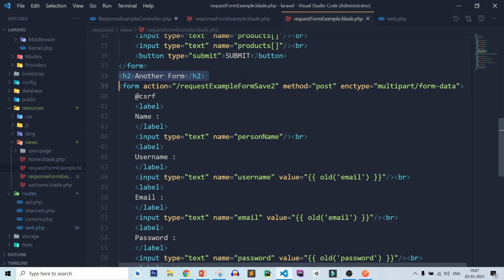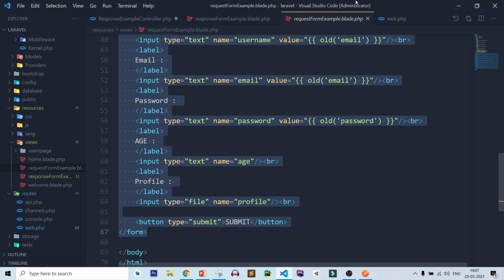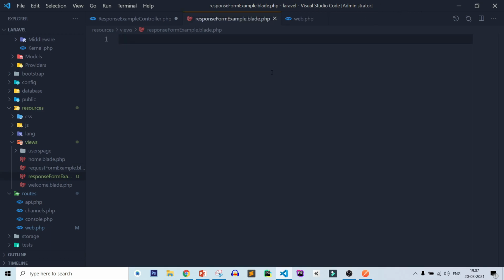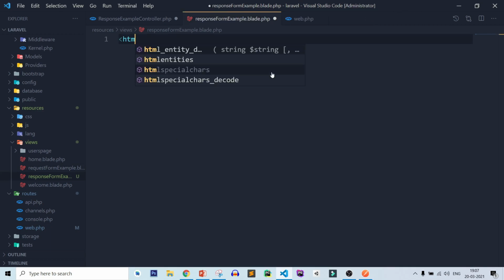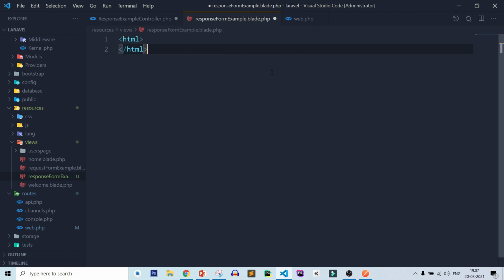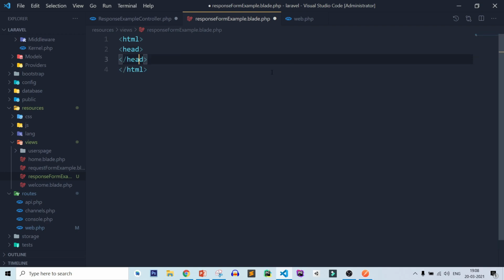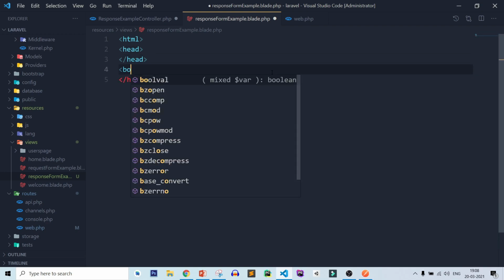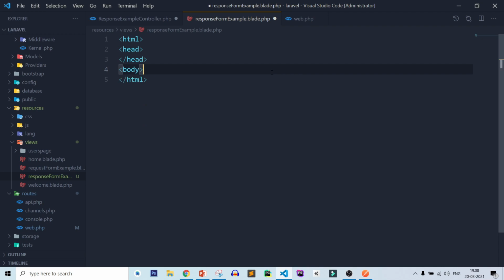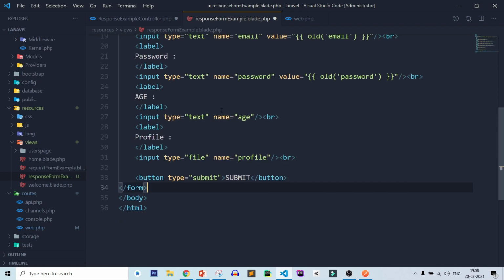So let's copy this form, close it, and adding HTML, close the HTML, head, close the head, body, close the body. Now let's add a form which I copied from request example.